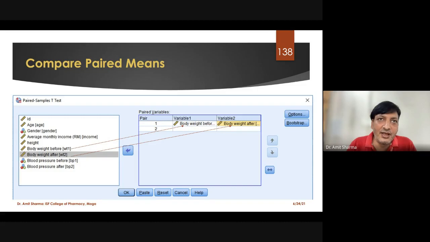After seeing the number of sample, how many sample they have run in the test. If it is one sample, then you can assume it is a one sample or student t-test. If two sample was there, you can assume it was independent sample t-test. If it was more than two sample, 3, 4, or 5 to compare, then the test was ANOVA. And if condition like before and after, pre and post, then the test is paired sample t-test.